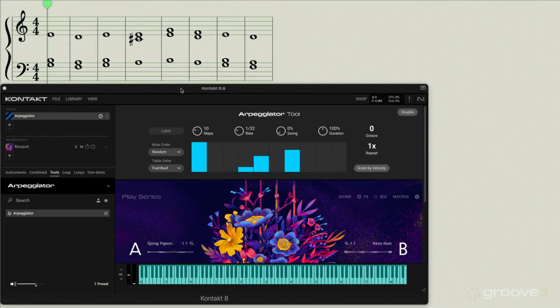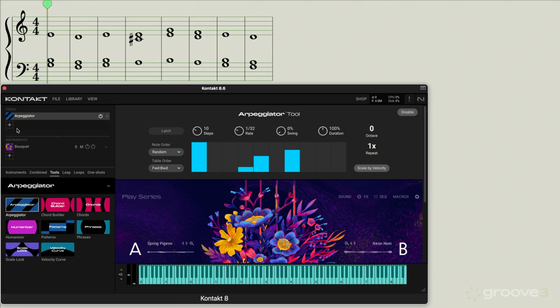Now, one of the great new features in Contact 8.6 is that in addition to the new multiple tools that we have, we can load in multiple tools to work in series, and we can even drag and drop to change the order. So the signal flow works from top to bottom. Whatever is coming into Contact, either from what's programmed in your DAW or what you're playing live in real time,